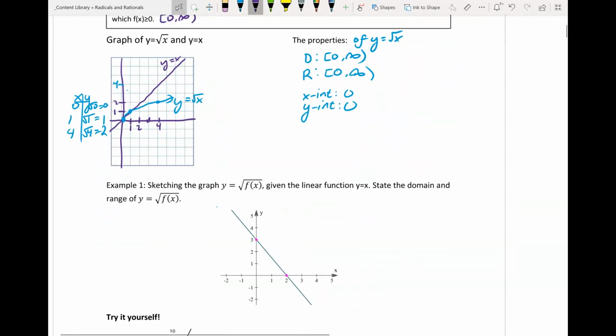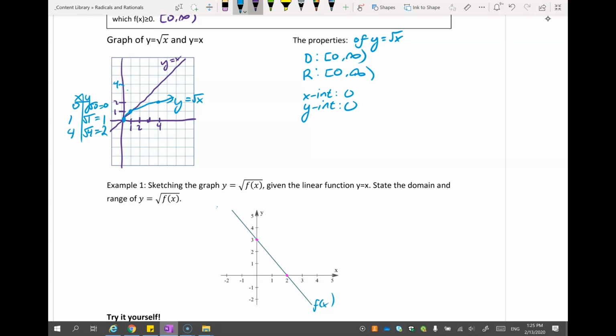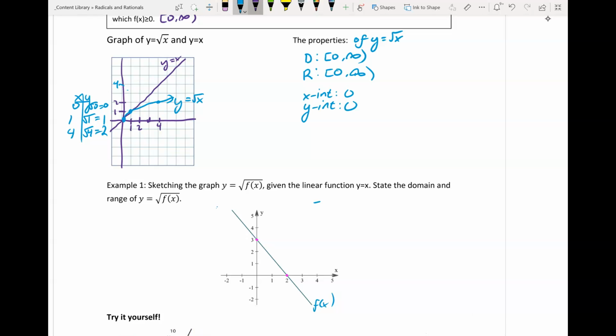Now let's say that we've been given another function, and it's also a linear function, and we want to draw the graph of the root of f of x. So this is our f of x graph, but we want to draw the square root of it. Whenever you need to draw something like this, we're just going to follow a certain method. There are things called invariant points, and these points won't change between your f of x graph and your root of f of x graph. And they occur at